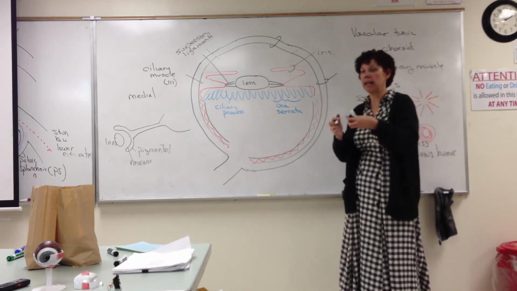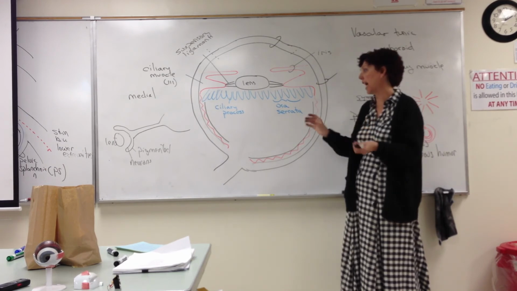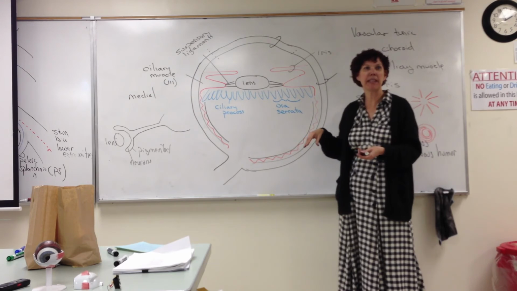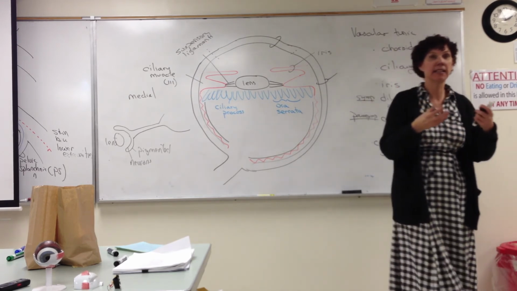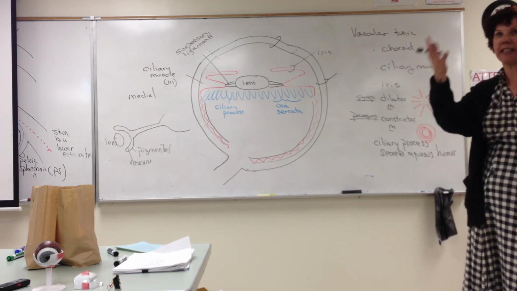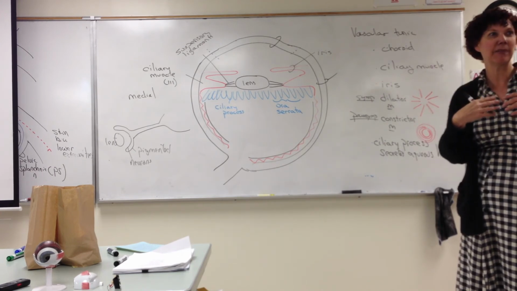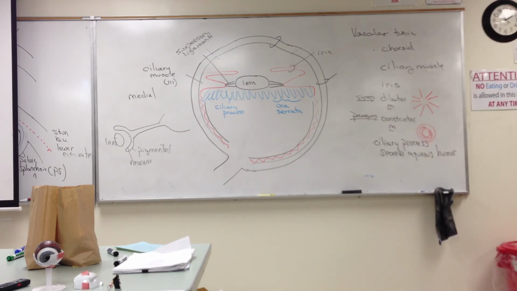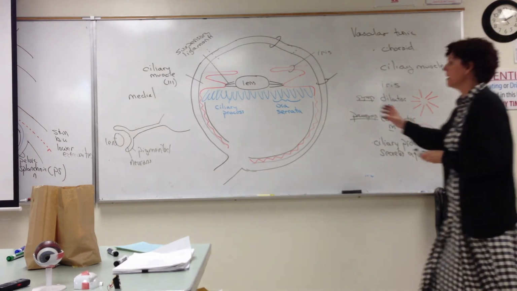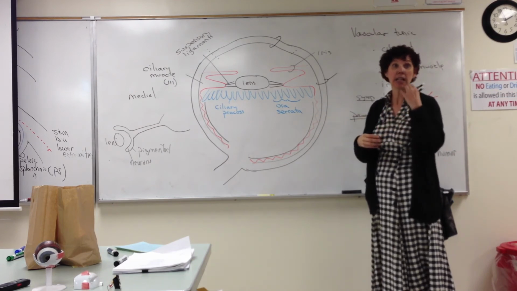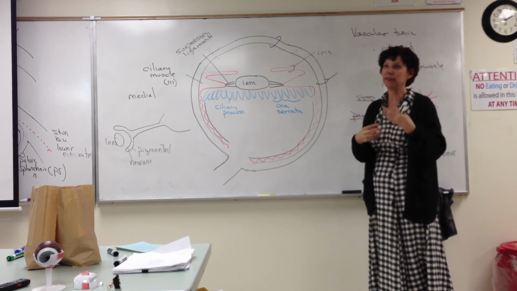Now, animals that move around at night a lot actually have a fluorescent component to that pigmented epithelium where it actually reflects light. You probably noticed at night where you see a cat's eyes, you see this glowing reflection back at you. That's because of that fluorescent area. We'll see it in the sheep eyes. But in humans, this functions to absorb that extra light as well as to recycle the visual pigments that are involved in